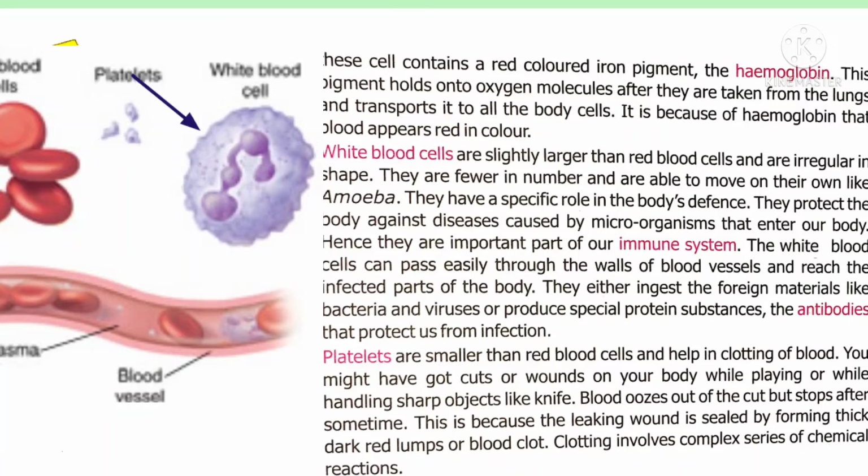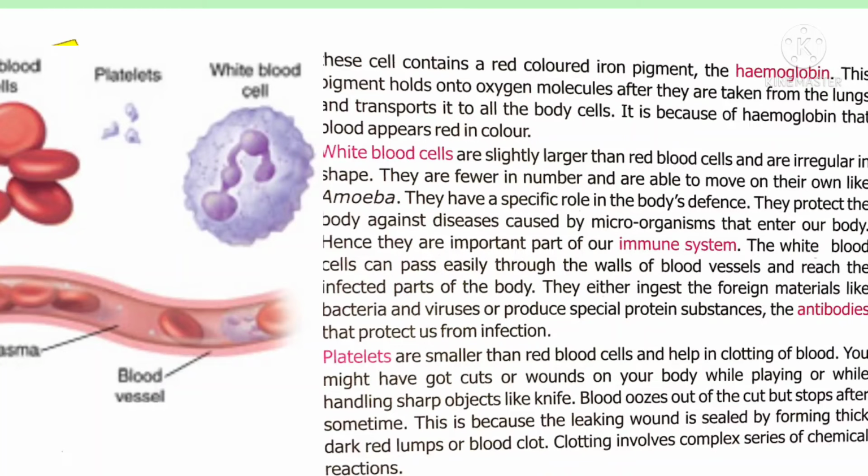These white blood cells play a specific role, that is, they protect our body against disease. If any microorganism or foreign substance like bacteria or virus enters the body, these WBCs fight with the organism and protect us from it. Hence, they play an important role in our immune system. Also, white blood cells produce protein substances called antibodies, which protect our body from infectious disease-causing organisms or any infections.